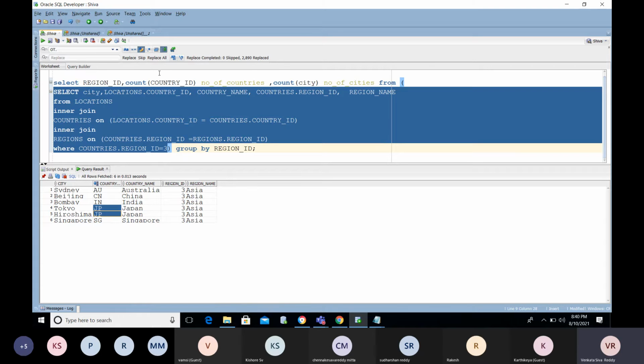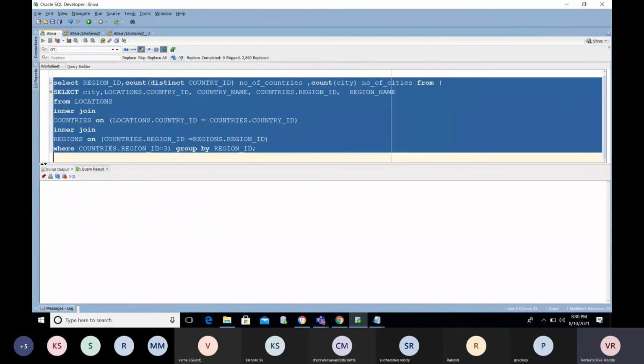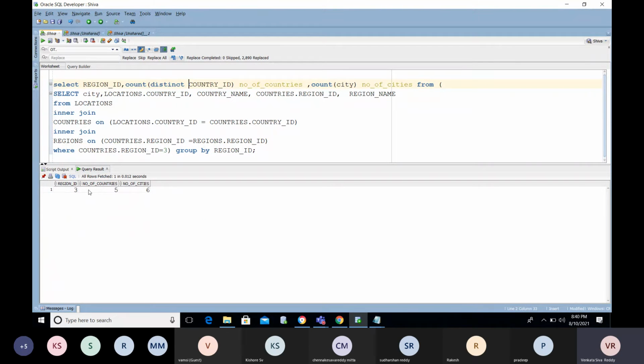It is wrong, right? In that case, you need to identify distinct country codes. Now you see, you got the country codes as 5. Number of cities is 6.